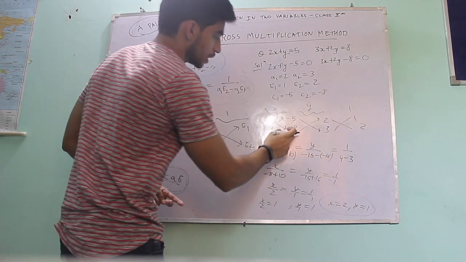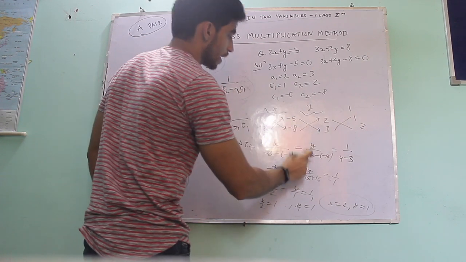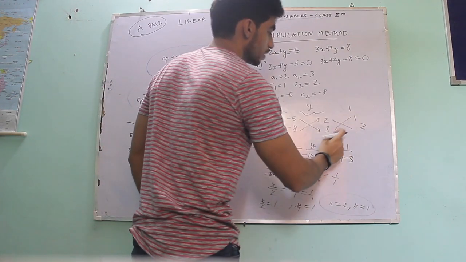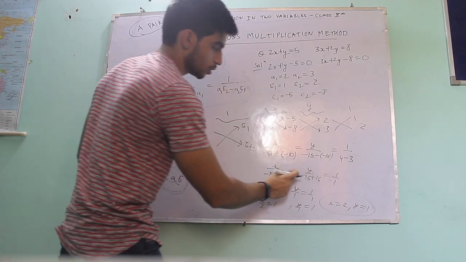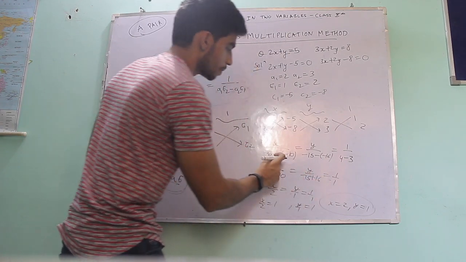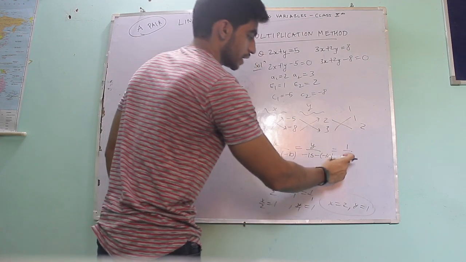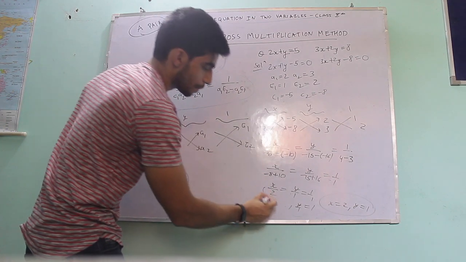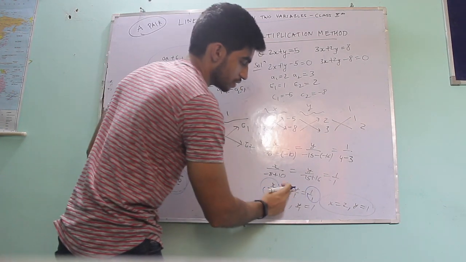Now we cross multiply: minus 8 minus minus 10, minus 15 minus minus 16, 4 minus 3. So we will solve this. x upon minus 8 plus 10 is equal to y upon minus 15 plus 16, because minus minus is plus, again minus minus is plus, and here 1 upon 1. Now we have solved this. Now we compare each with the third part. x by 2 will be 1 and y by 1 will be 1 because